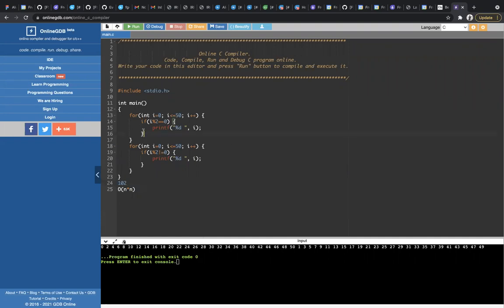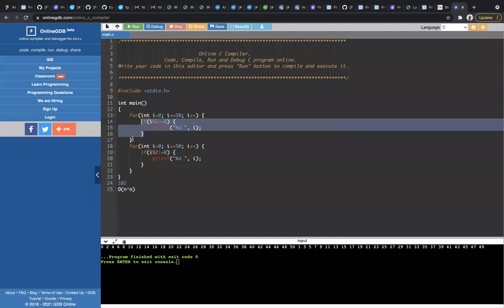Don't consider the statements inside the for loop. It's not at all needed for this calculation. We just need how many times the loop is getting executed. We don't care whether the statements inside are executed or not.